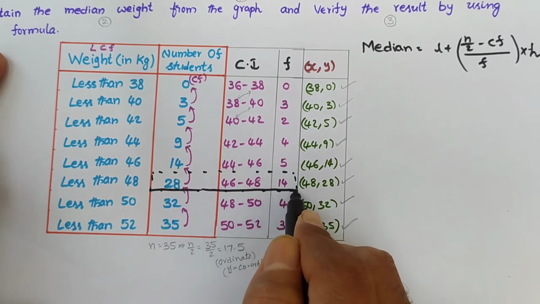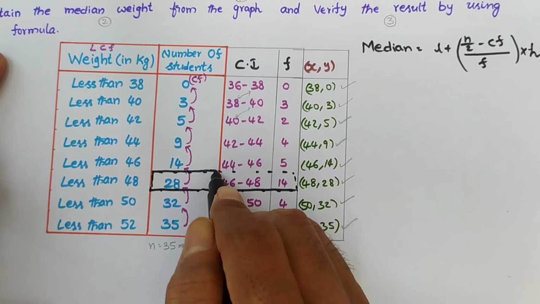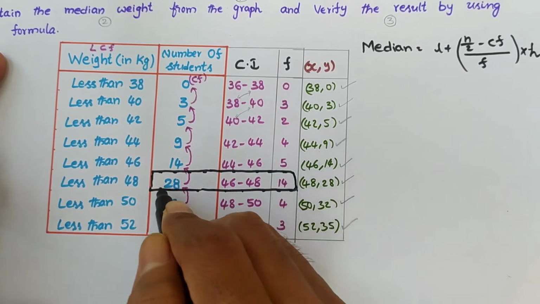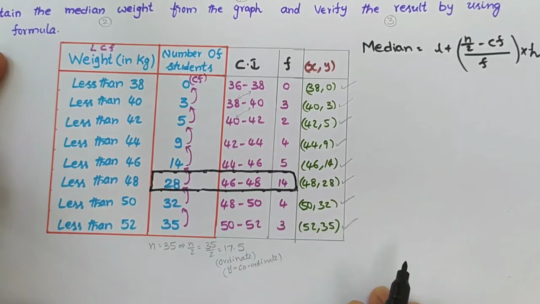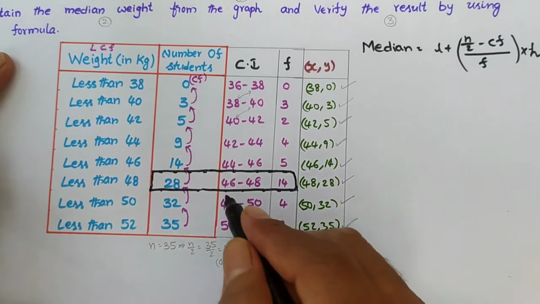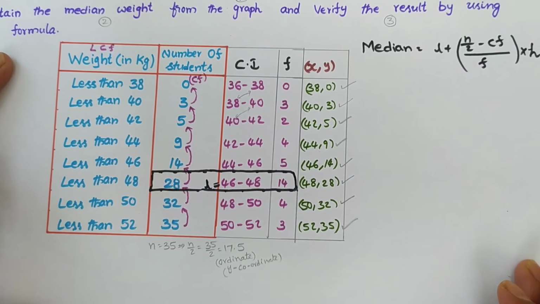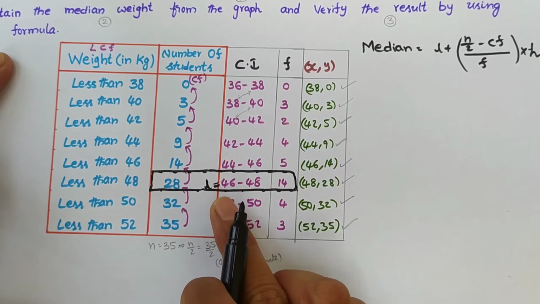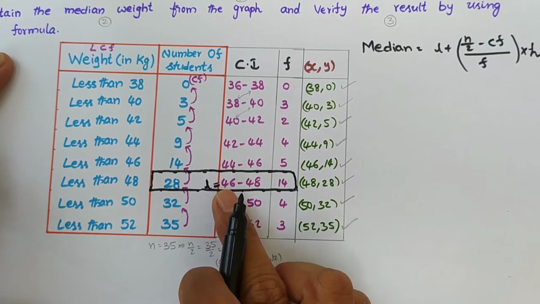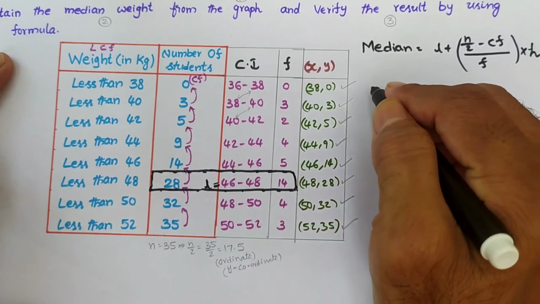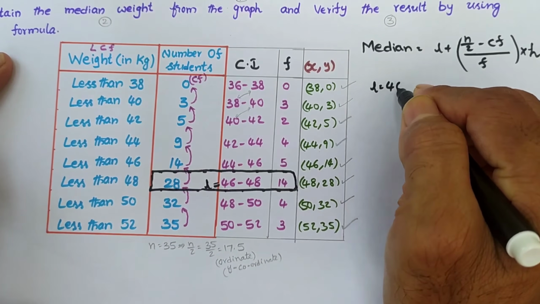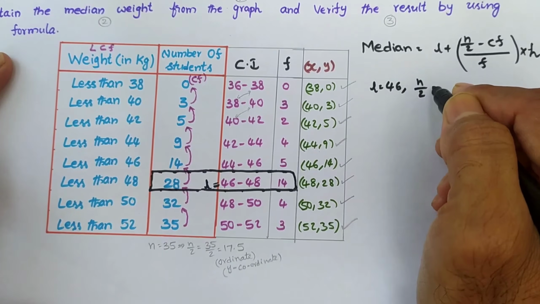So here, this is the median class, in which the lower class limit will be the L. So here L is 46